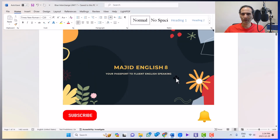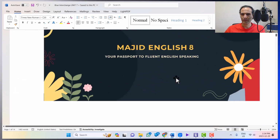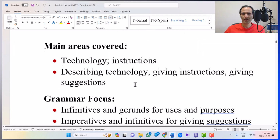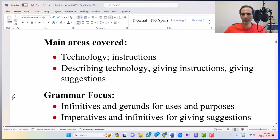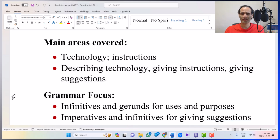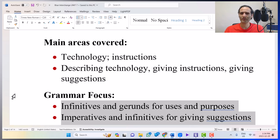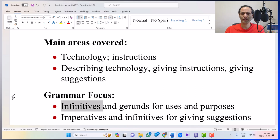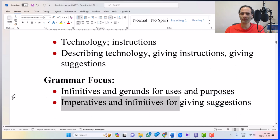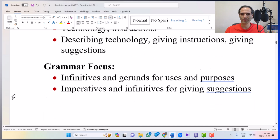Taking a look at our Word file here, I should tell you that our unit today covers areas of technology and instructions, describing technology, giving instructions, giving suggestions, and a grammar focus, which is not very difficult today. Luckily, we talk about infinitives and gerunds for uses and purposes. We also talk about imperatives and infinitives for giving suggestions. Okay,